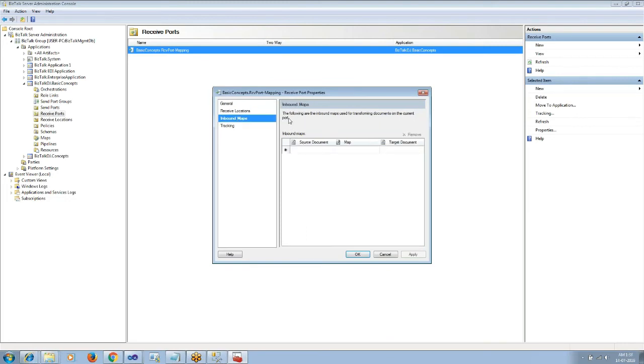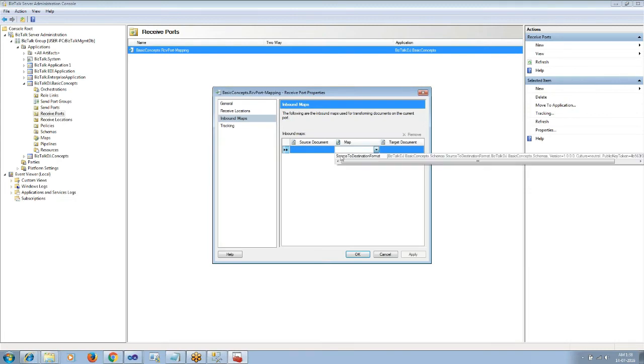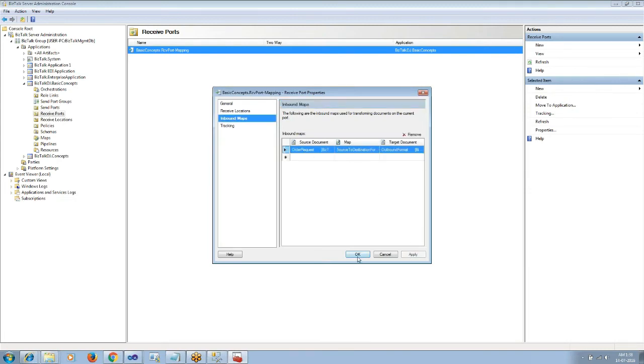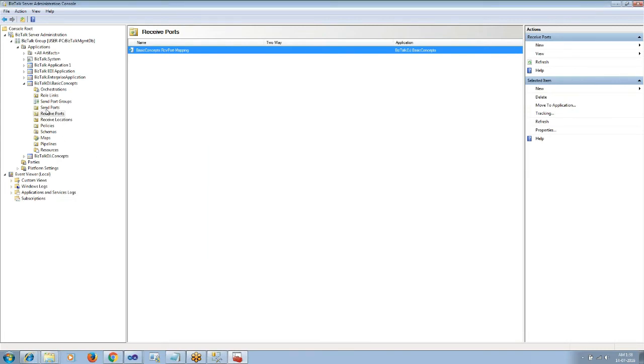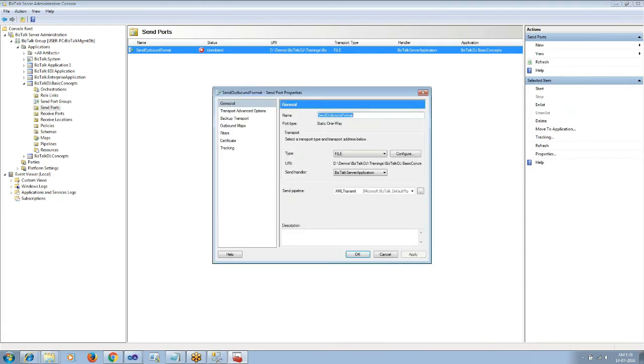So we will apply a map at the receive port. On the send port, I will add a filter condition to subscribe to a specific message.